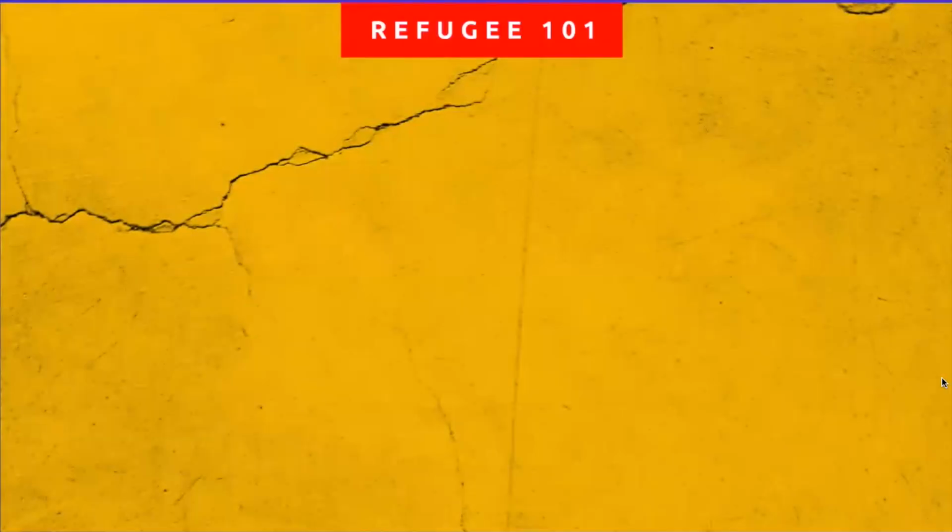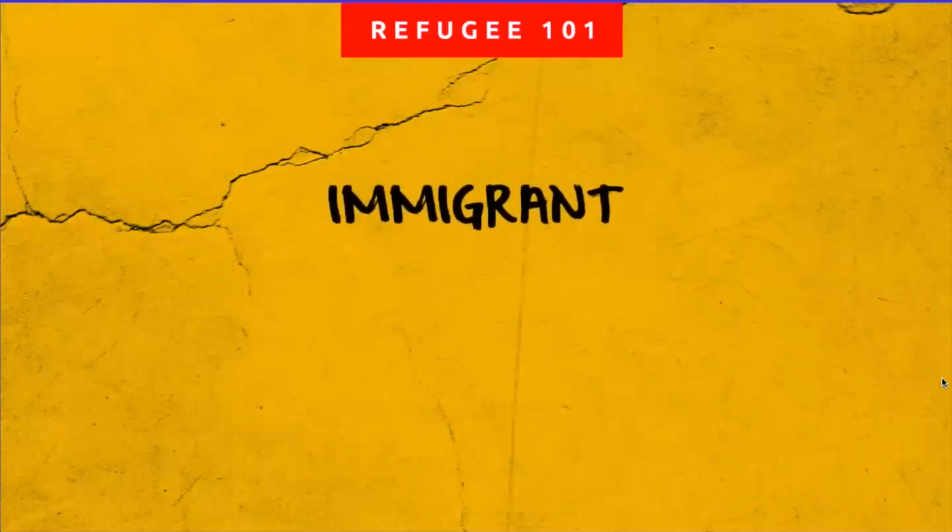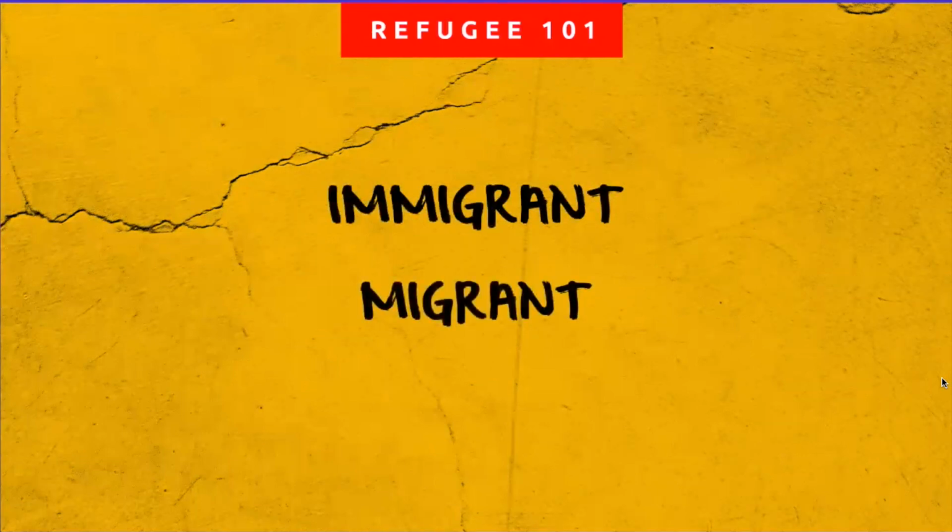We'll start with immigrants and migrants. An immigrant, by definition, moves to another country by choice, usually in search of better life opportunities. Immigrants are often reasonably prepared for their moves and typically elect their destination. A migrant is one who willingly travels from one place to another, or one country to another, usually for work